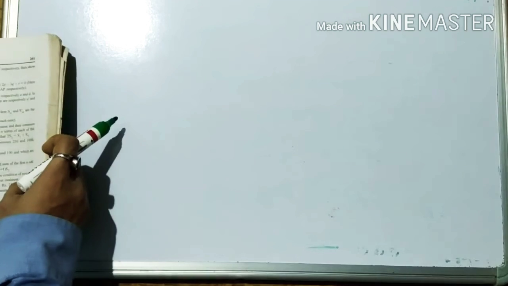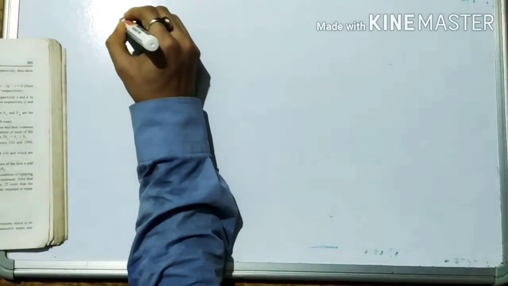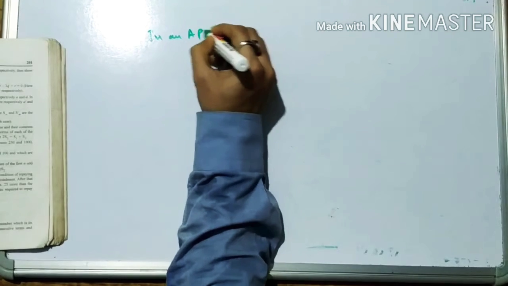Next question you see here. Next question is question number 18. Okay, next it is your question number 18. Question number 18 saying, in an AP,